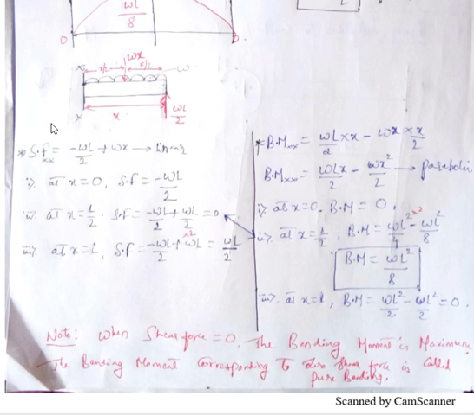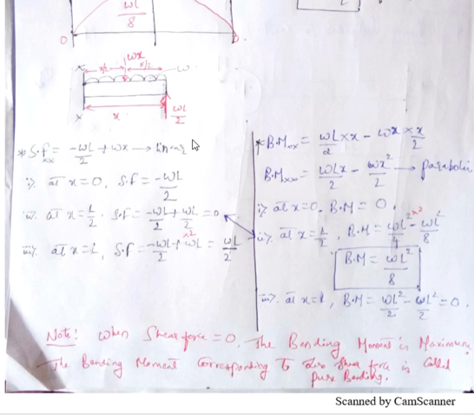Okay, now in this section only variable which is going to change is x. We all know x is 0 at the extreme right end, then x is equal to length at the extreme left end. Okay, since x is variable in this equation, look at the power of the x. Maximum power is 1, that means the variation is linear or straight line. So when I am joining the curve of shear force diagram, I am going to join it with straight line.